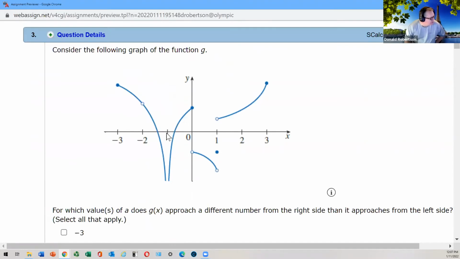Would you count x equals -1 in that story? Is it coming in as a different number as you come in from the left or the right at x equals -1? Would you say that belongs in the list? No, I don't think so. No. Now, if this side here went up the way and this side went down the way, then wouldn't you include it in the list? If it went down on this side and woof up on that side, one of those things that do that kind of thing, then I would say it, right?